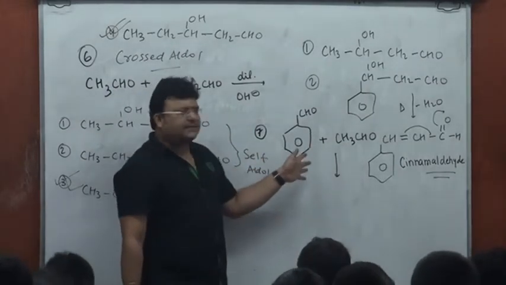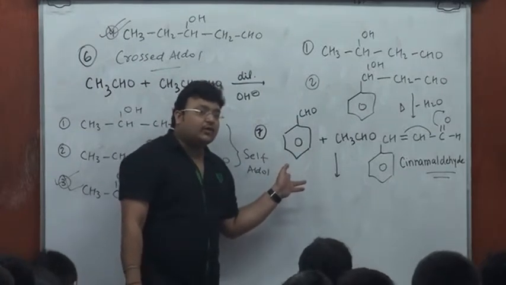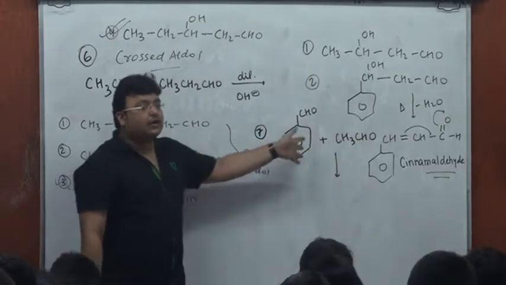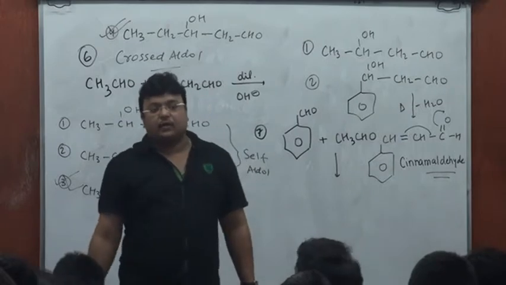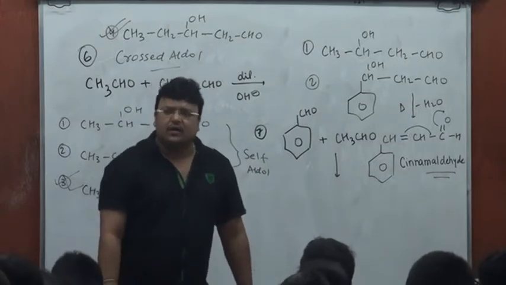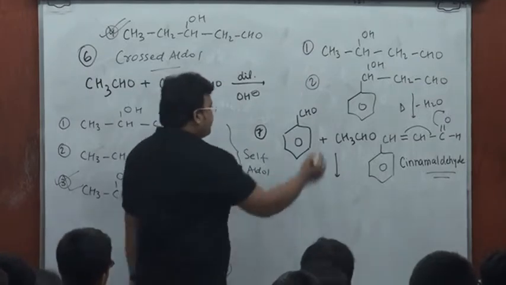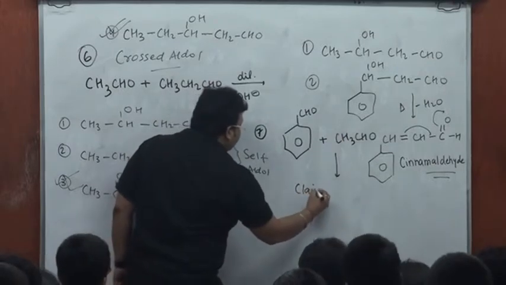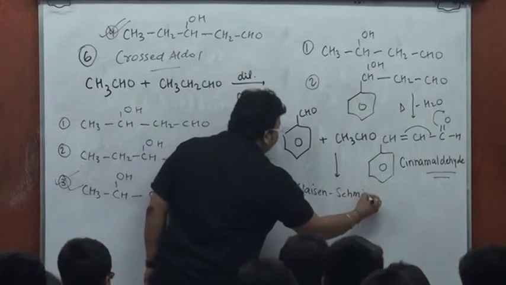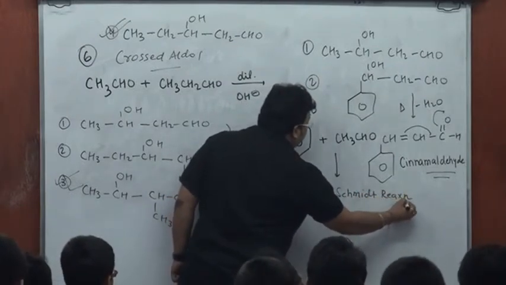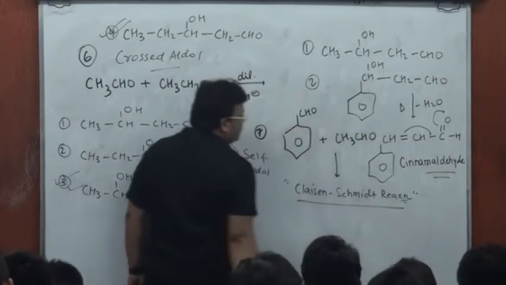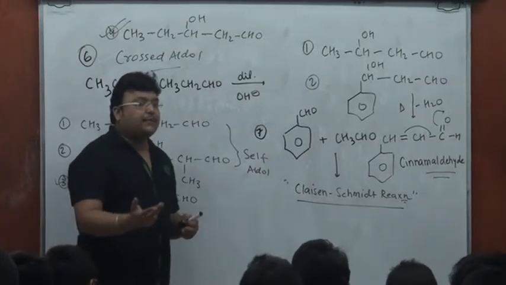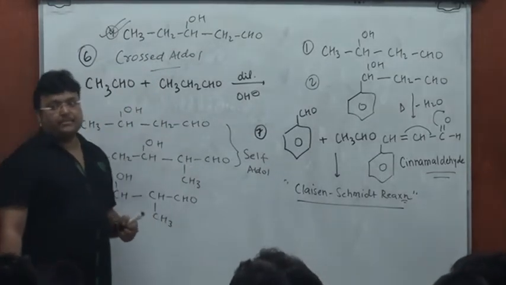Now, before we talk of more variations, let me tell you, a crossed aldol of this kind, involving an aromatic aldehyde or a ketone and an aliphatic aldehyde or a ketone, is called Claisen-Schmidt. So the mechanism of Claisen-Schmidt in all likelihood will be rather identical to the mechanism of aldol, where the aromatic carbonyl will act as the acceptor and the aliphatic carbonyl will generate the nucleophile. Yes or no?